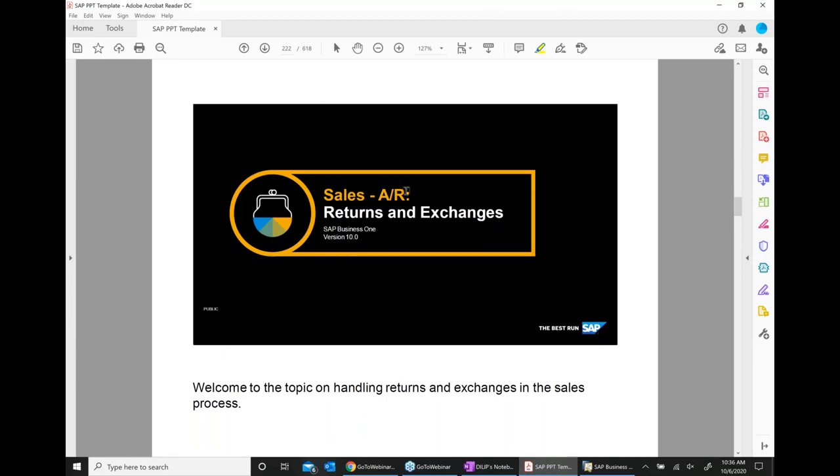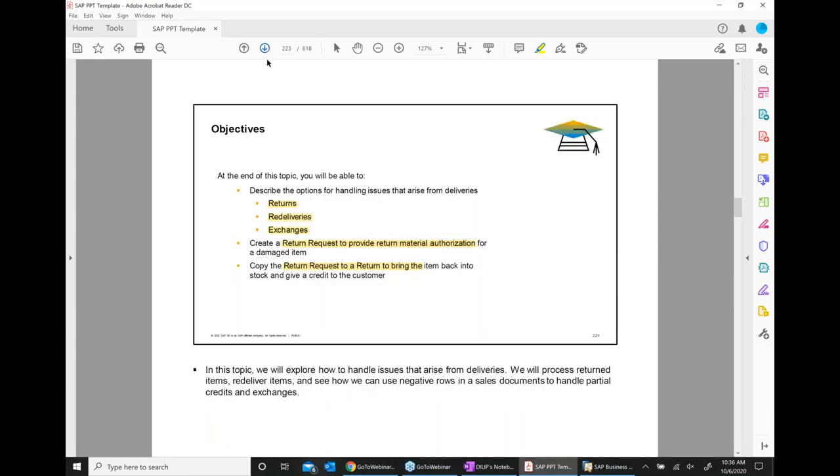If a customer wants to return the material back to us, that is called the process of customer return and exchanges.